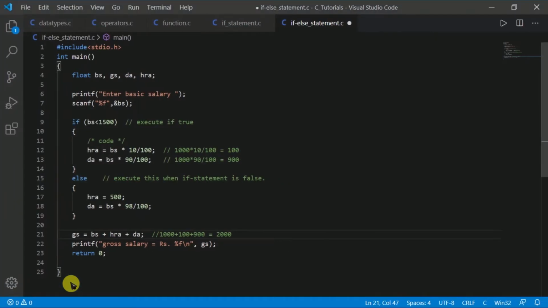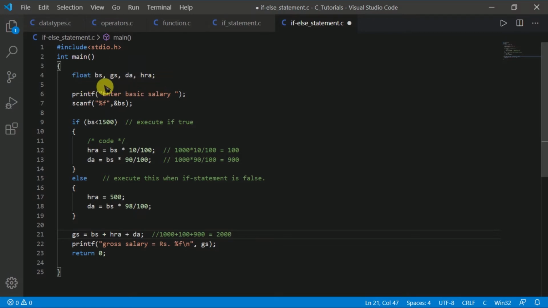So here I have already written it. In this program we will calculate the gross salary of an employee. In this program I have four variables: BS, GS, DA and HRA.